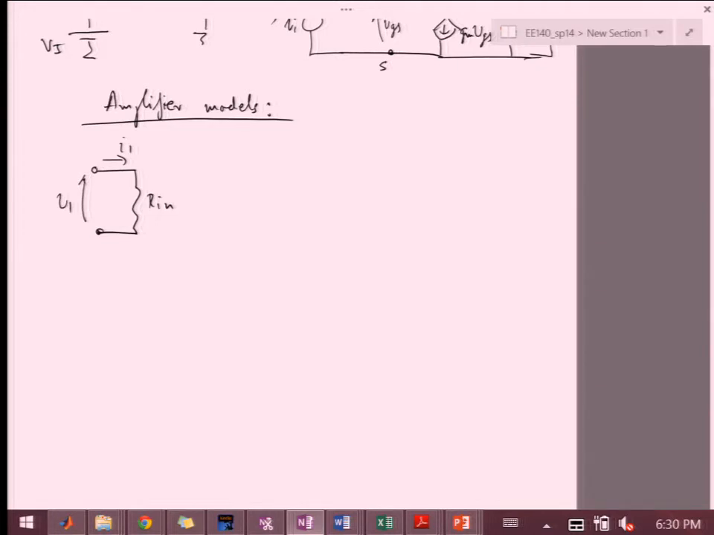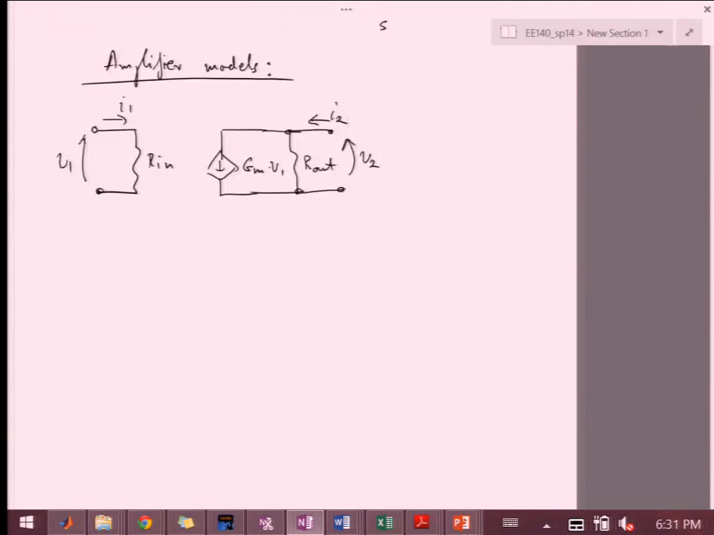Okay. And then what I'm going to have here is capital Gm times V1. And then I'm going to have some capital R out. And this will be my VO, or in this case, I'll label it V2. And say that this is I2. So this is one